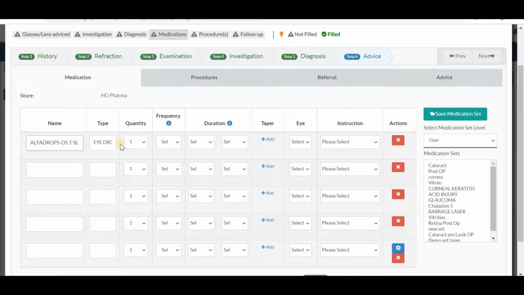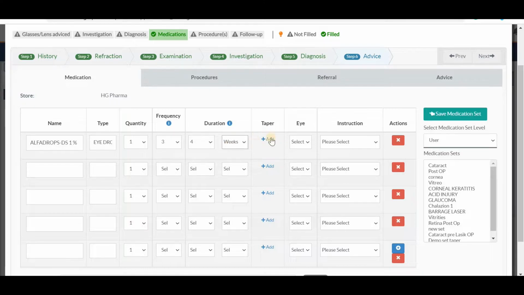I have selected this, and then you can select the quantity from here. So quantity can be anything that you would prefer to apply. The frequency, so this is the frequency, and then the duration for how many days you would like to apply tapering for. Let's say for 4 weeks, right? And the frequency is 3. So based on this duration and the frequency, you can apply a tapering to this set of medicine, right?